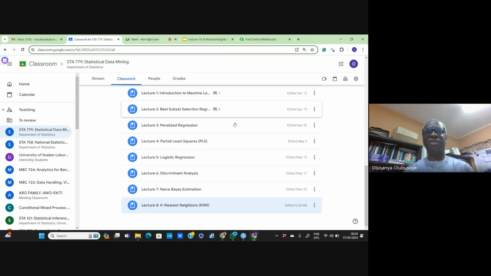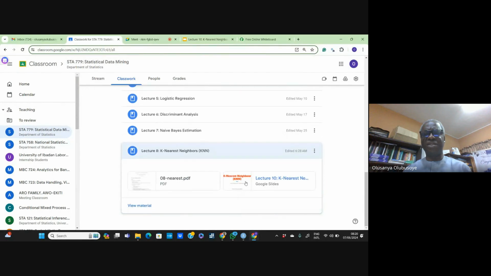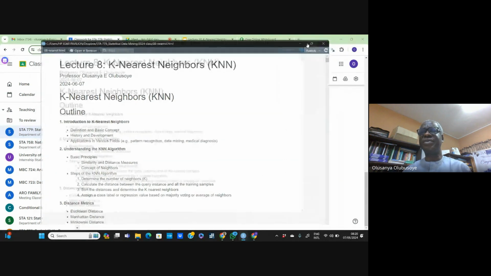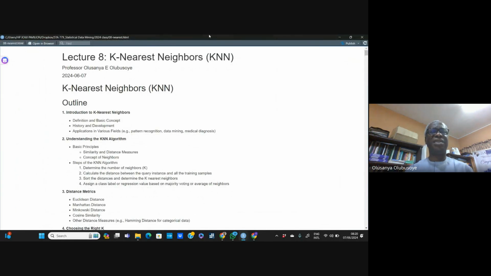So for today, we are going to talk about the K nearest neighbor. Apart from the lecture notes which I prepared, I've also attached one lecture note I use somewhere, which can also be very helpful. But before we use it, let's go through the outline of